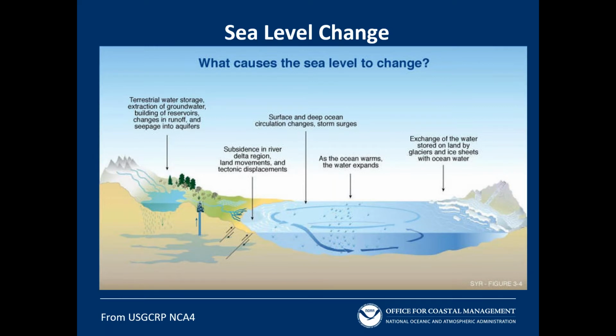You see all these other things, though, that make a difference locally, which is subsidence or uplift. Places like Louisiana along the Delta, seeing 3 feet of sea level rise in the last 100 years. Other places like Alaska, because of tectonic uplift, sea level is actually falling. And we also have the exchange of glaciers and land-based ice. Floating sea ice isn't really a problem because it's already displacing water, but as it breaks off and melts, the meltwater will be contributed to the overall volume.